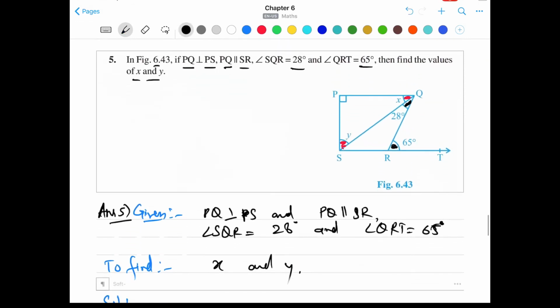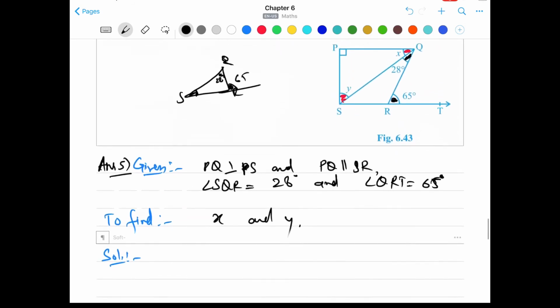Solution here is, so first what we're going to do is we'll take this triangle SQR. In this triangle SQR, we are given this exterior angle as 65 degrees, and by applying the exterior angle theorem, we know we are also given this angle is 28. By applying the exterior angle theorem we can find the value of this angle. Okay, so